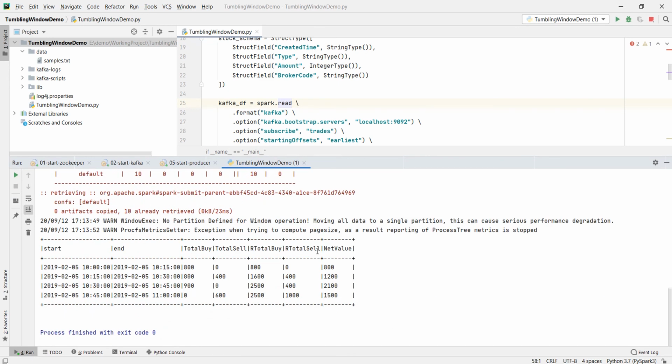Here is the output. This is what we expected. The running totals of buy and sell and the net value. However, Spark Streaming does not allow you to apply analytical functions and windowing aggregates inside a streaming query. I hope they might find a way to support analytical queries and windowing aggregates in the future versions. However, as of Spark 3.0, these things are not supported.